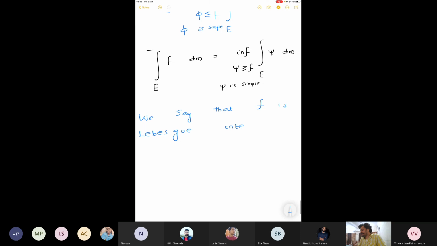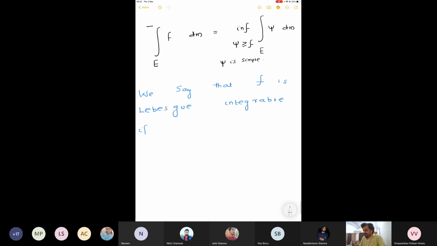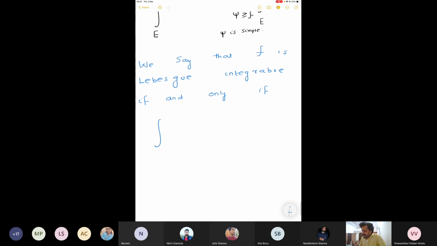F is Lebesgue integrable if and only if the integral over E of f dm, lower Lebesgue, is equal to the integral over E of upper f dm. Okay. And after defining the Riemann integral, like upper Riemann integral equal to lower Riemann integral, we searched for what